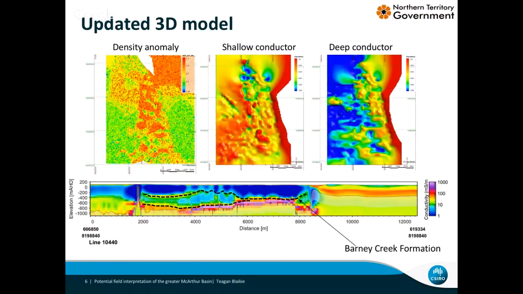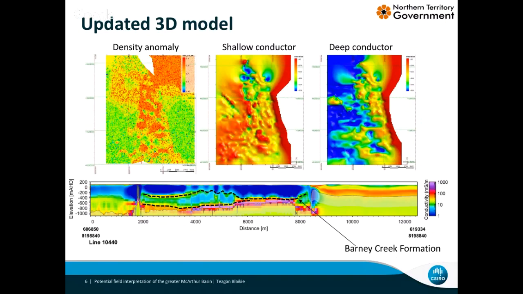This is a section through what we modeled as a density anomaly, comparing that to the interpretation of the deep and shallow conductor. This is showing the depth to the top of the conductive anomaly. At the end of the day, this is our preferred model, because the deep